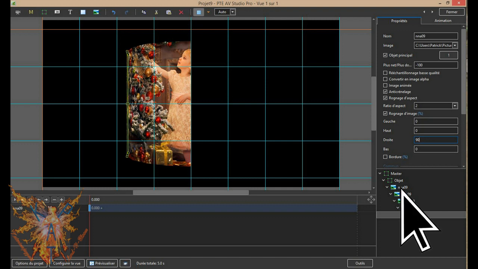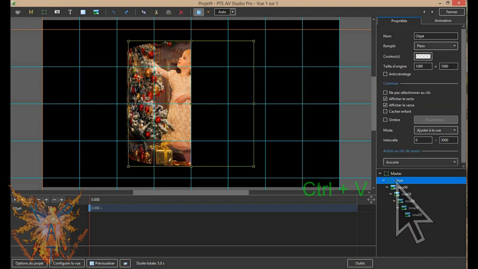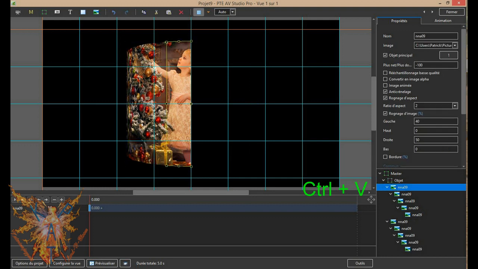To do this, select the first element on the left, then make a copy of it. Select the frame of the object, then paste on it. You will notice that all the elements attached to the selected object have also been added. Now, while we are in the Properties tab, we are going to modify the part used for each element of